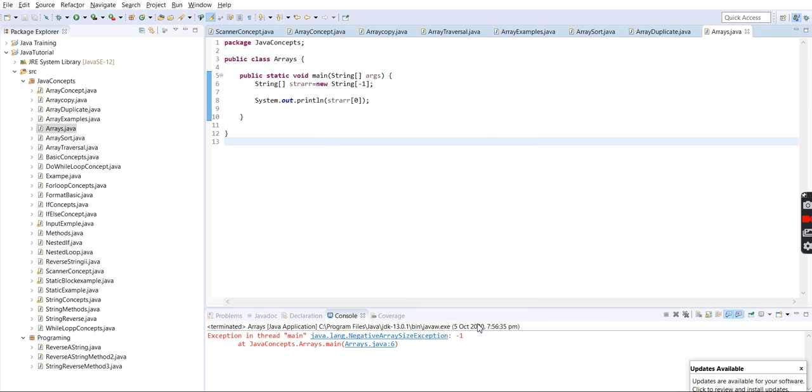We are getting an exception, negative array size exception. We already saw the other exception: when we declared the size as 2 and tried to access index 3, we get an array index out of bounds exception. If we give a negative size, we get negative array size exception. And if we insert an element of a data type other than the declared one, we get array store exception.